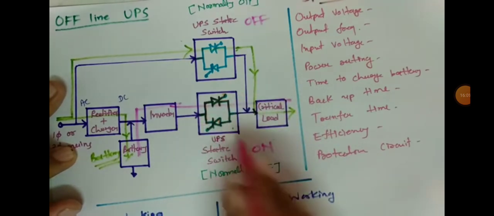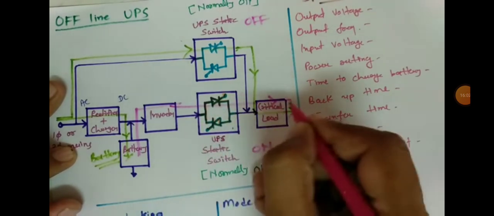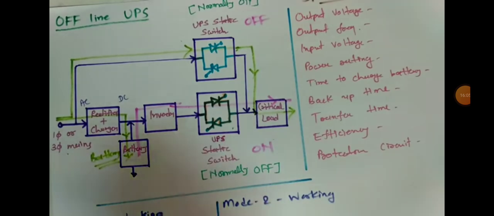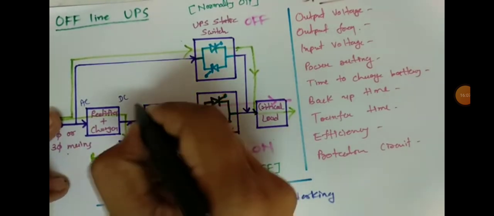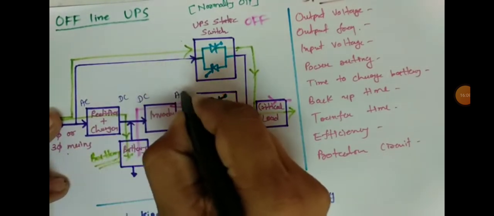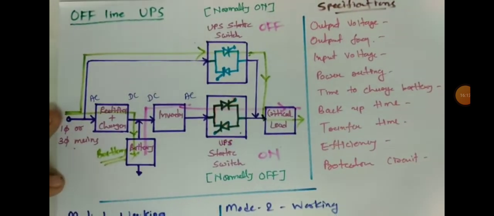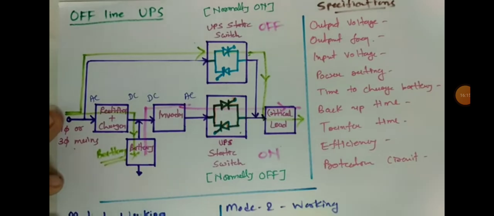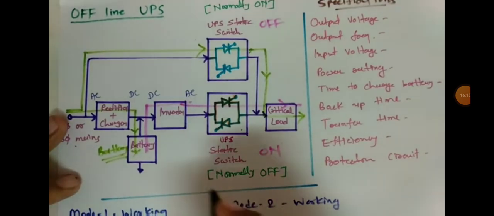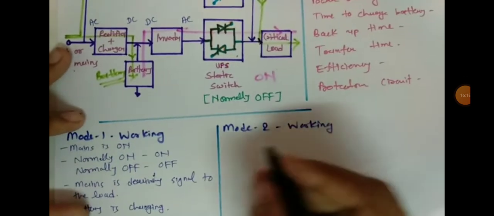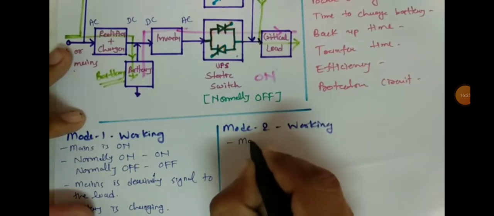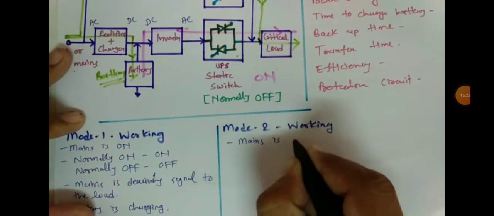The reason is now this switch is on and signal is delivered to the load. So the inverter here translates DC signal into AC signal. So here in the second mode, when mains is off,